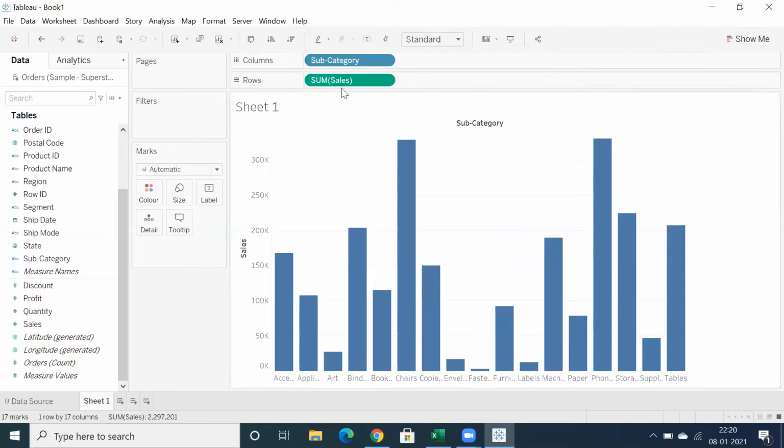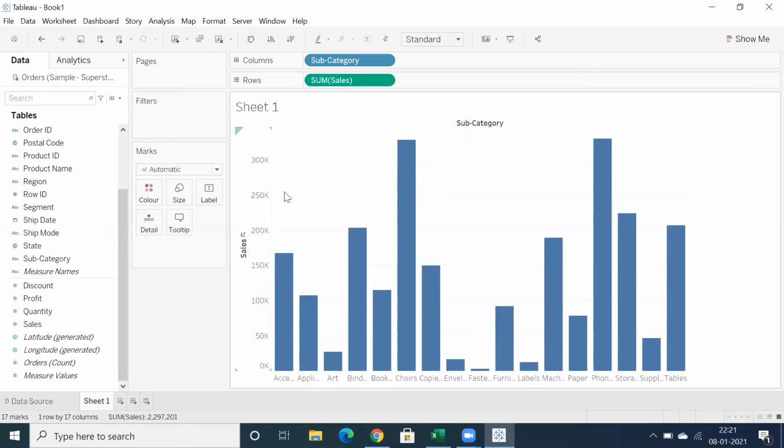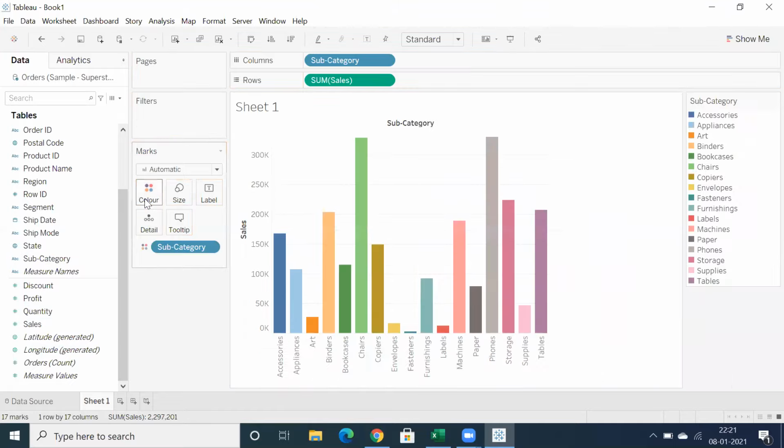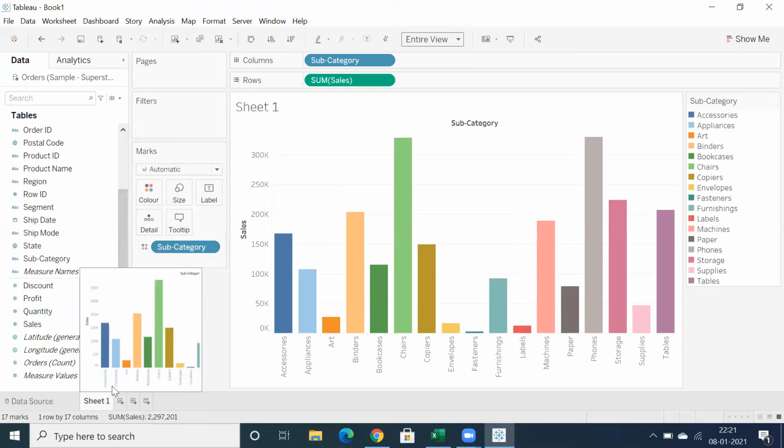I will explain each and every point when it comes to these basic things, like why it is showing in green and why it is in blue color, what is dimension, what is measure, what is fact, what are all measures. So we'll discuss in detail. You can also apply color based on individual subcategory, or you can also go for a color condition. You can write a color condition and you can also work on the same. But let me showcase a few other options as well.